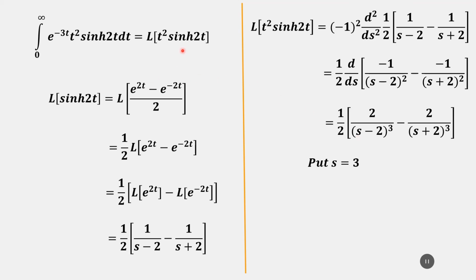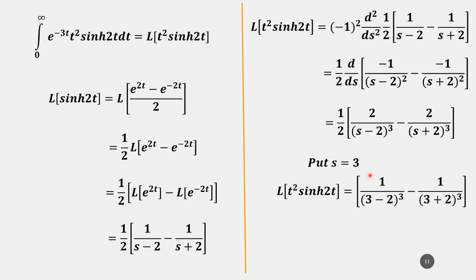So first we have calculated L of sinh 2t. Either you use the standard Laplace transform formula for L of sinh 2t, or we can convert hyperbolic function to e raised to and then calculate the Laplace transform. So after getting the Laplace transform of the sinh 2t function, we have to differentiate that function 2 times because we are having t square. And before differentiation, we have the term minus 1 the whole square. So when we have differentiated it 2 times, now when s is equal to 3, putting s is equal to 3, simplifying, we will get 124 upon 125.